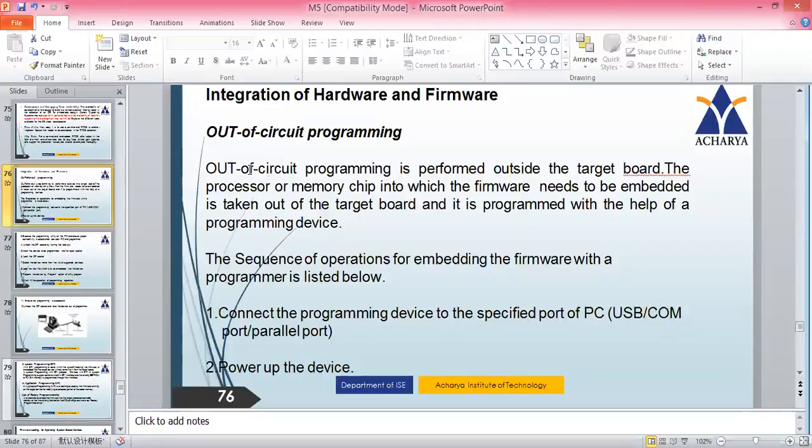I hope you are trying to relate it. The final exe file, the binary bits, zeros and ones, machine code, is what you will be putting on a chip. The mechanism that is used to put this program on an IC or the target controller, microcontroller, we have several methods. The first method is out of circuit programming. What we do initially, we will program that IC, burning the machine code onto it, and then we will take that IC and put it to the target application.